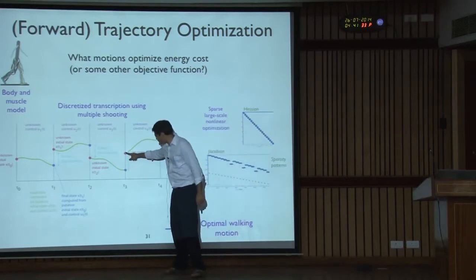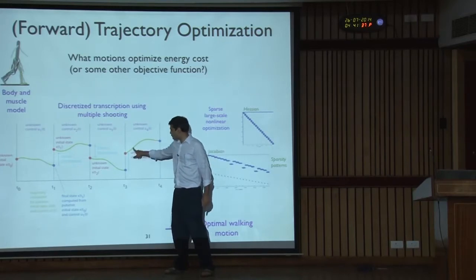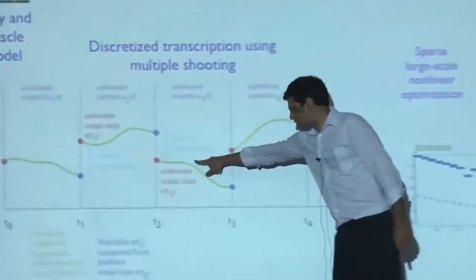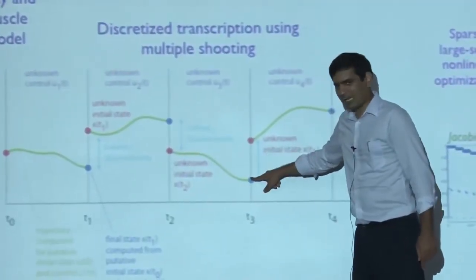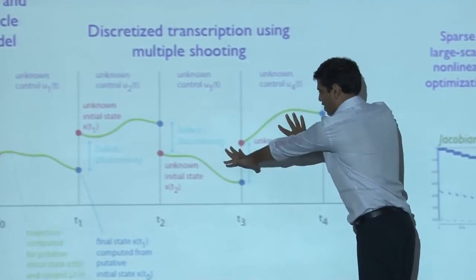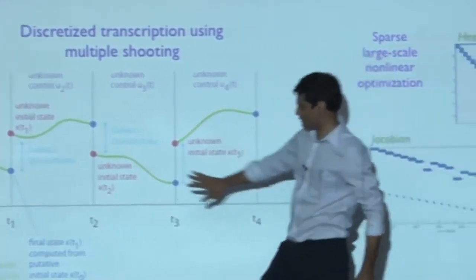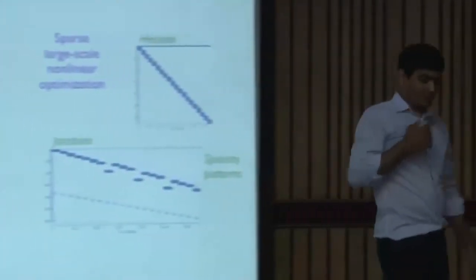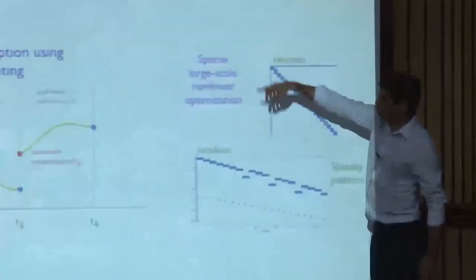this constraint that says these two things have to match really depends on only variables that correspond to this segment and this segment, right? So this constraint has non-zero derivatives only with respect to these two variables, and will have zero derivatives with respect to these variables and those variables. So the Jacobian for various constraints and various objective functions for these large problems that arise from, say, multiple shooting are incredibly sparse, right? So this is the Hessian, it turns out, for some optimization problem for that